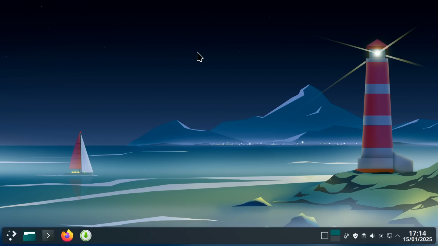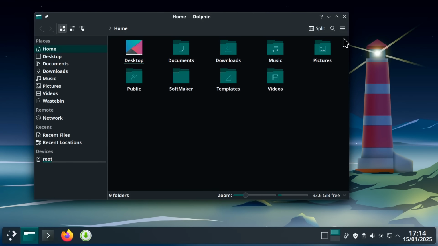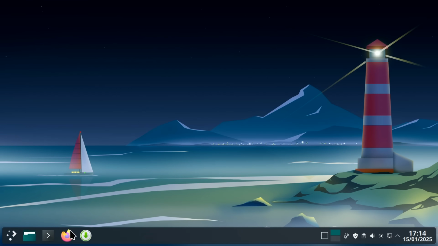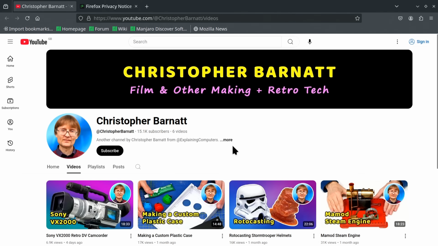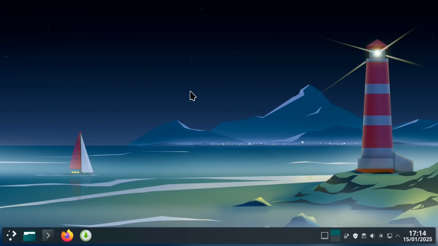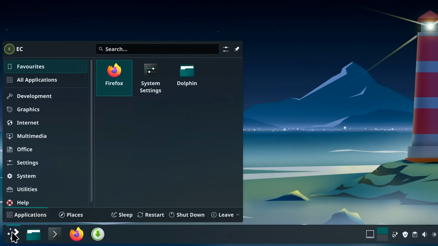So let's take a look around. We've got here in Manjaro the Dolphin file manager. There it is. We have got the Firefox web browser pre-installed, which is of course just the Firefox web browser, here taking us to the Christopher Barnett YouTube channel, my other channel where I make videos about all kinds of non-computing things. Anyway, sticking with Manjaro, let's take a look at what's pre-installed, and although this is a full installation,